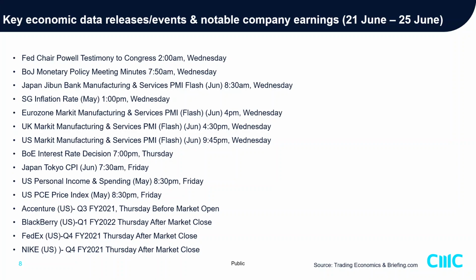All right. So this week will be PMI week, flash PMI data. That means preliminary PMI for this month of June. So across the globe, you have Eurozone, UK, US, all giving out the preliminary June figures for both services and manufacturing PMI. Then after that, we definitely have this important inflationary data for the US, the PCE price index for May. This is the barometer, the main consumer price metric that the Fed watches instead of the CPI. All right. Then it will be out at 8:30 p.m. on Friday, this coming Friday.